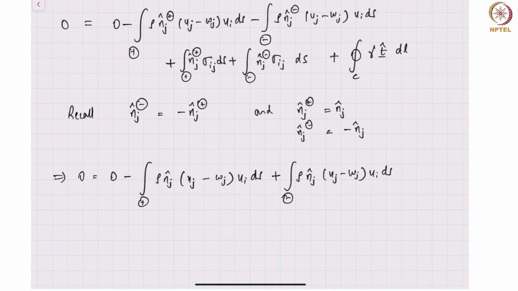The hydrodynamic force term is done. Now the stress tensor term, plus the stress tensor term, and finally I have